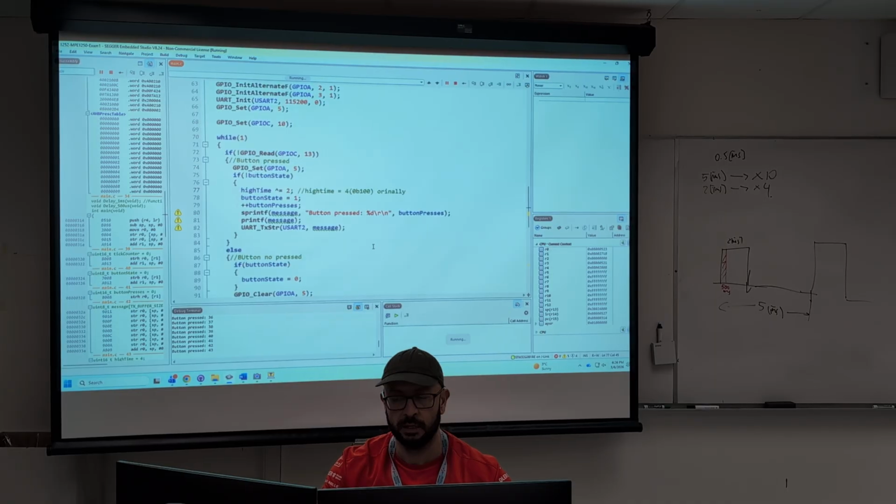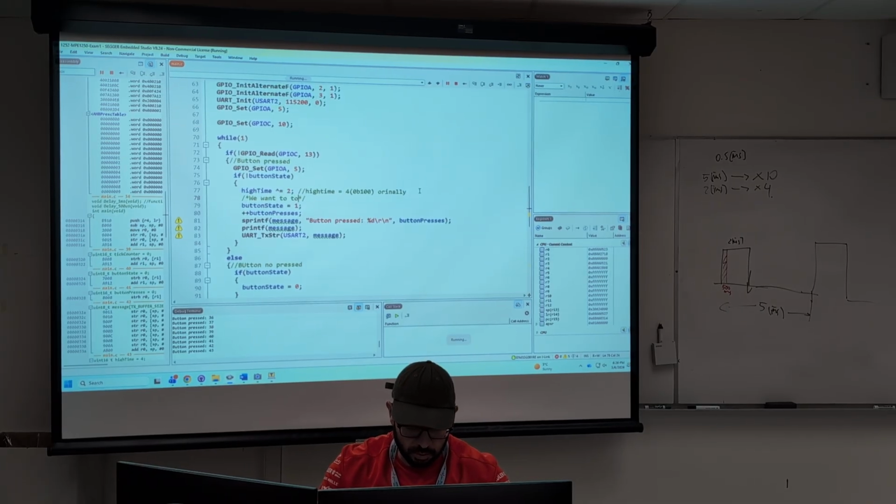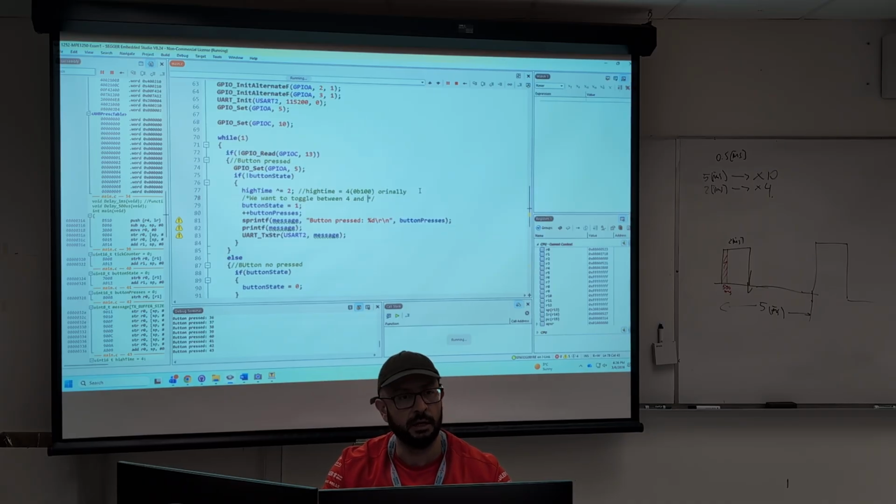Do we agree? Yes. Then we want to toggle between 4 and what? 6. And 6. Excellent.